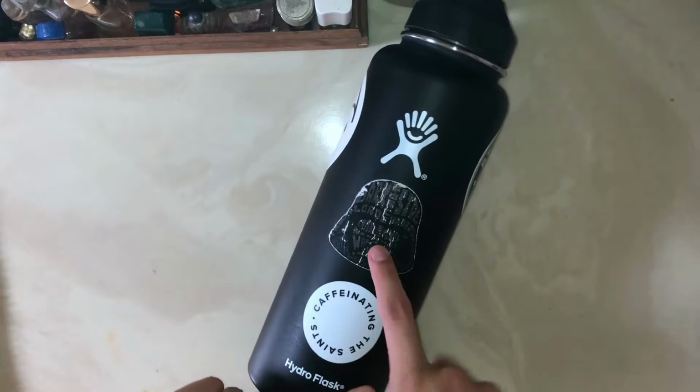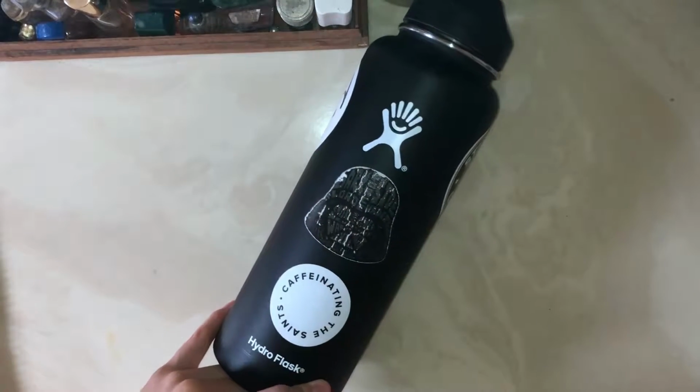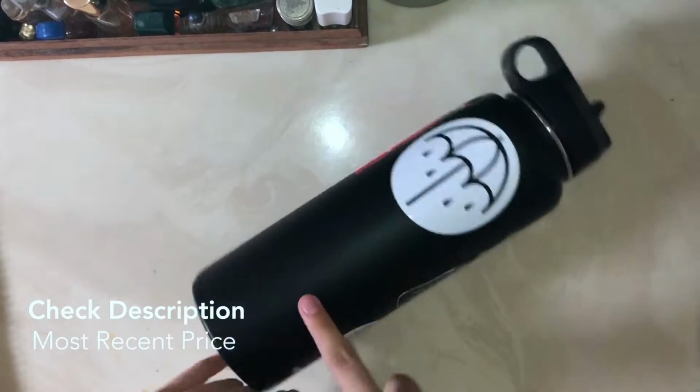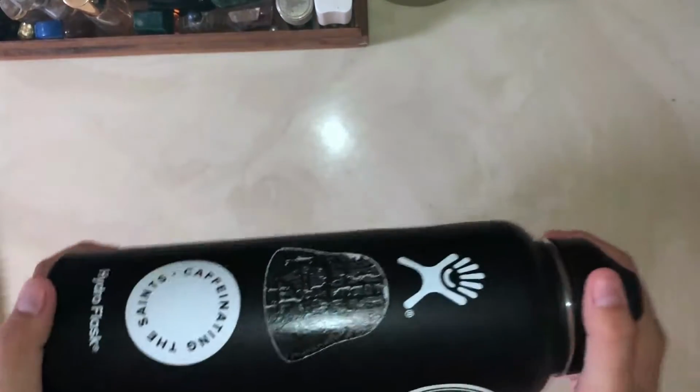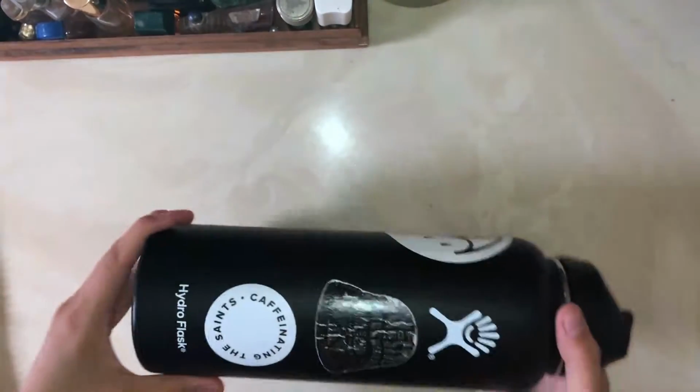Now, what is super special with this sports water bottle is that it is double wall vacuum insulated, meaning it is gonna keep your hot drink super hot and your cold drink super cold. Literally, if it's a temperature drink, it will maintain that temperature, so it doesn't make it cold or make it hot. It keeps it however you put it in, for the most part. Meaning,